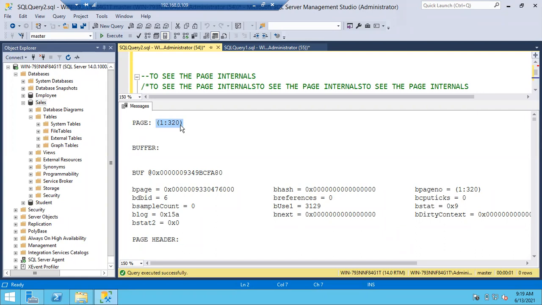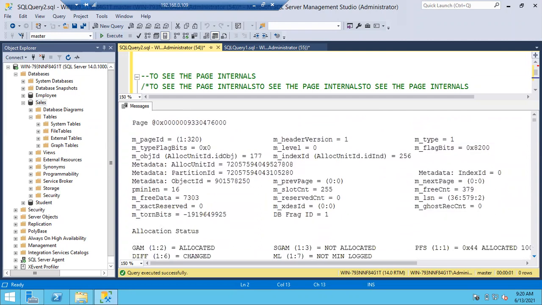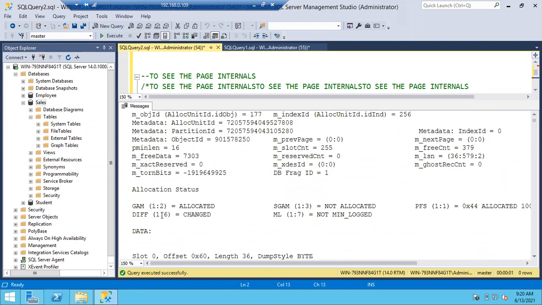We have already discussed it, right? Page 320 in the MDF file. First file, 320th page. That's it. In the same way, 1:2 means first file, second page, which is your GAM page.